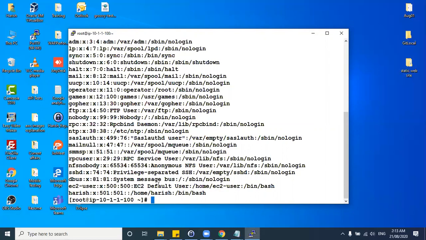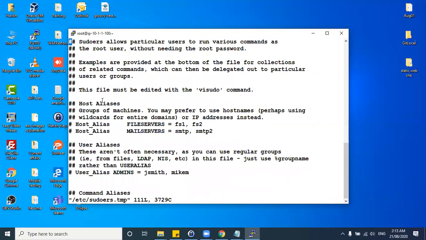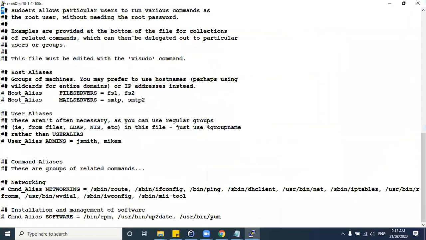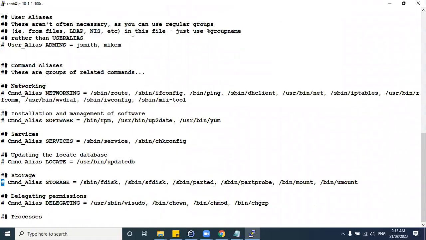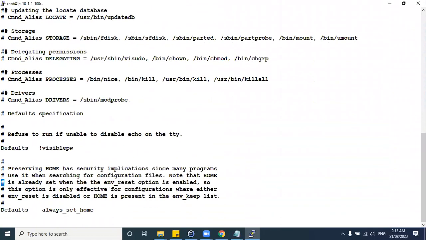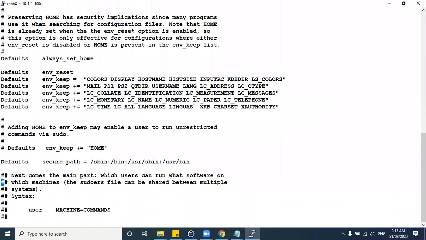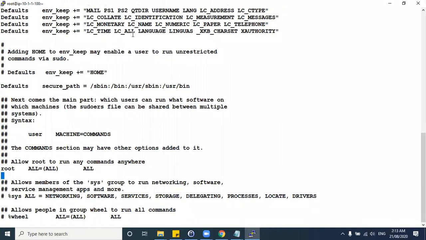Once this is verified, go to the sudoers file, visudo. Here you need to make some changes to give this user root access. Here we have the root user.